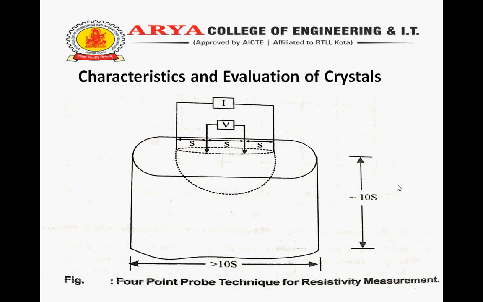Characteristics and evaluation of crystals. Routine evaluation of crystals, also called ingots or boules, involves testing their resistivity, evaluating their crystal perfection and examining their mechanical properties like size and mass. Other less routine evaluation includes measuring the crystal oxygen, carbon, and heavy metal content. The evaluation of heavy metal content is made by minority carrier concentration measurement and neutron activation analysis.